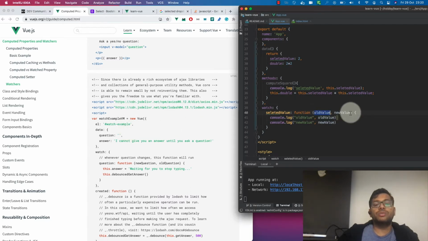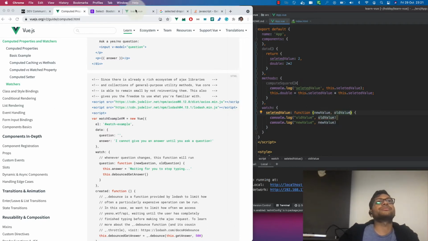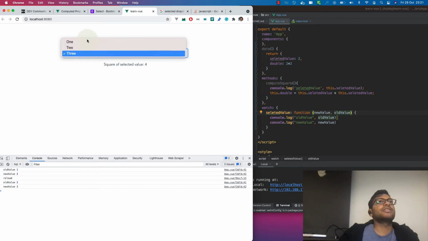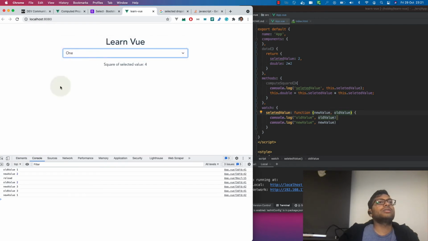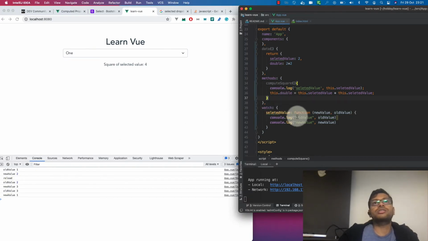So it should be the new value as the first argument, and the old value as the second argument. Now if we select 2 to 3, you can find that the old value was 2 and the new value is 3. And if you select 1, the old value was 3 and the new value is 1. So that's how the watch works.